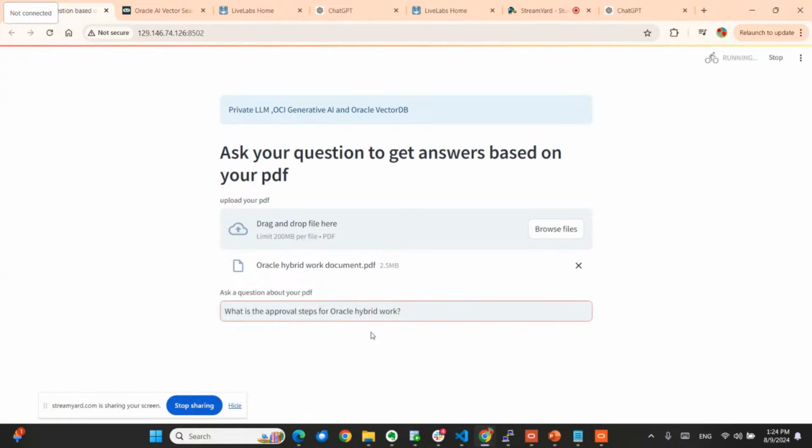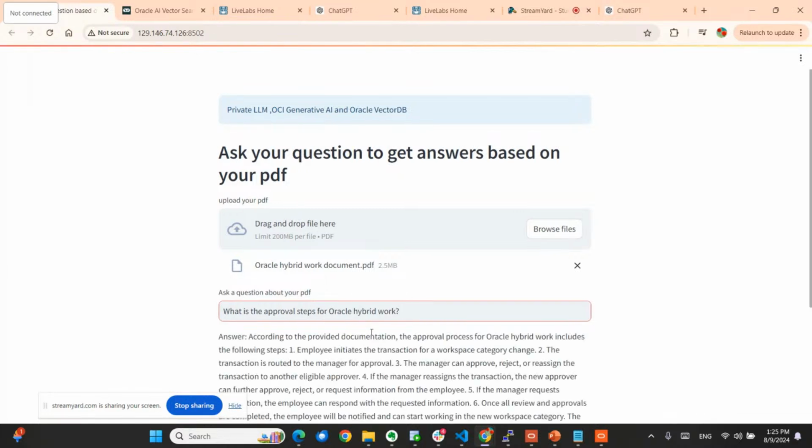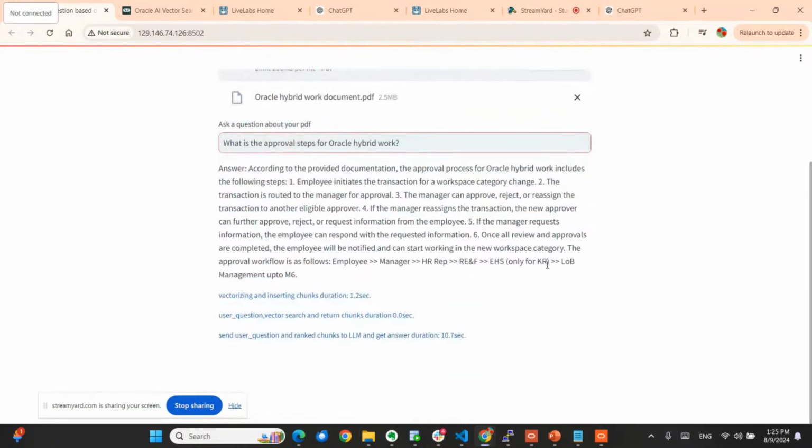And now, essentially, when I'm uploading this, the file is read from our LangChain application. It is broken into pages, and each of these pages has a vector mapping. The question also is converted into a vector. Now we are doing a similarity search within the database for the text chunks which have the relevant answer. It will pick up the top 5 or 10, however you code it. That is now sent to a generative AI, and that will process the data